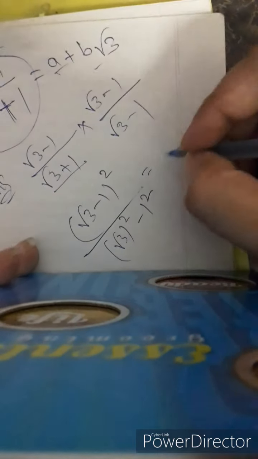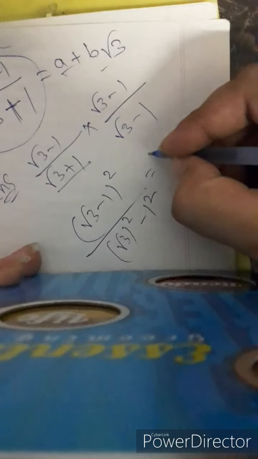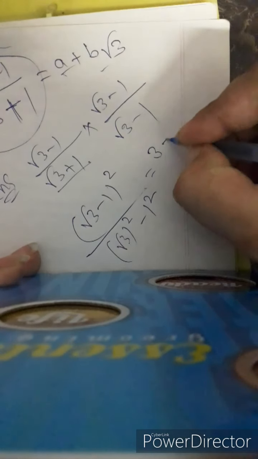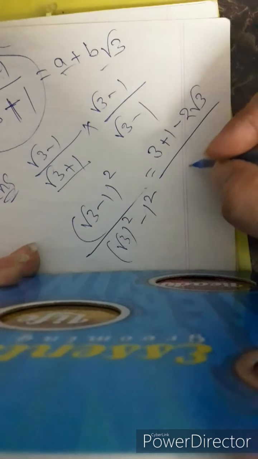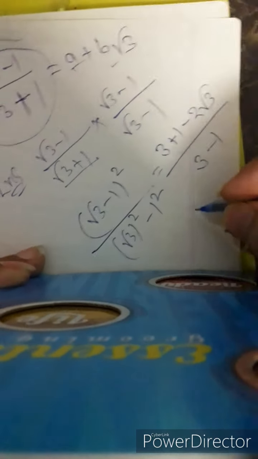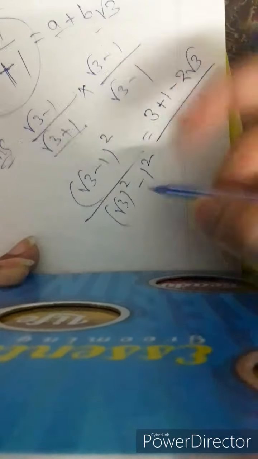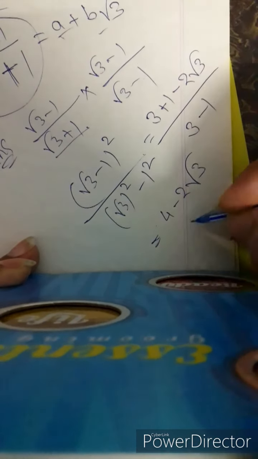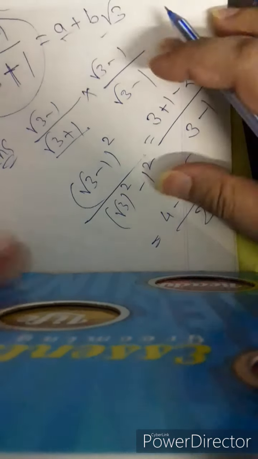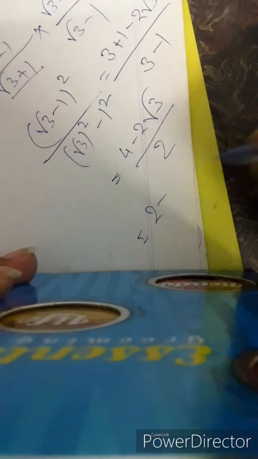Alright, so it becomes a minus b whole square, a square plus b square minus 2ab, divided by 3 minus 1, that is equal to 3 plus 1 is 4 minus 2 root 3 divided by 3 minus 1 is 2, that is equal to